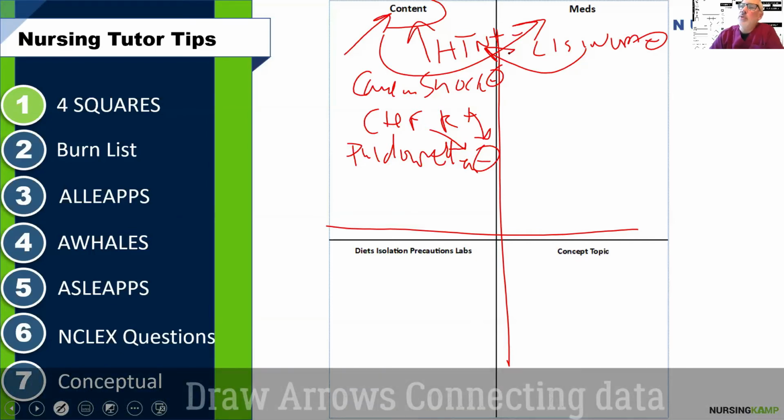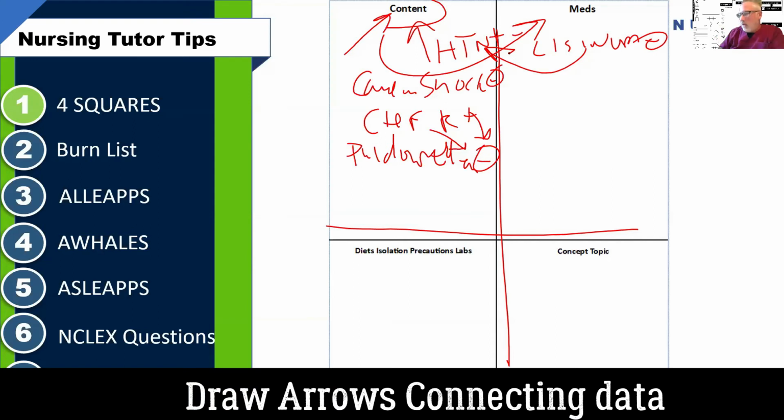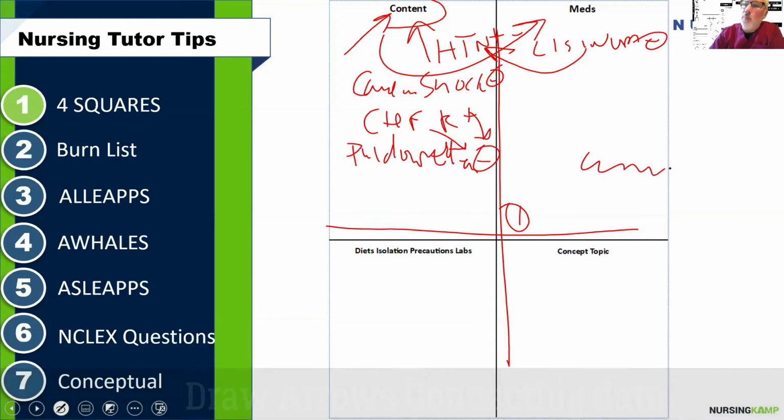And what you want to do is, as you're doing these 4 squares, you might have in one lecture one page, and this might be number 1, and then you go to number 2 and so on. So what you really want to be doing is not sitting there writing out a book. The whole point of that is why you record the lecture. So when you're recording the lecture, you can look at these concepts and it starts to isolate what you know and